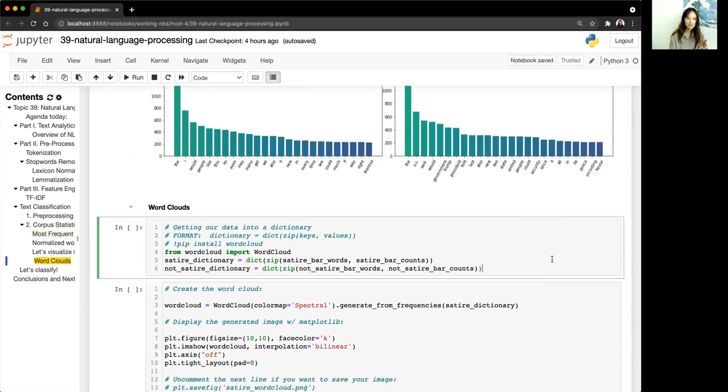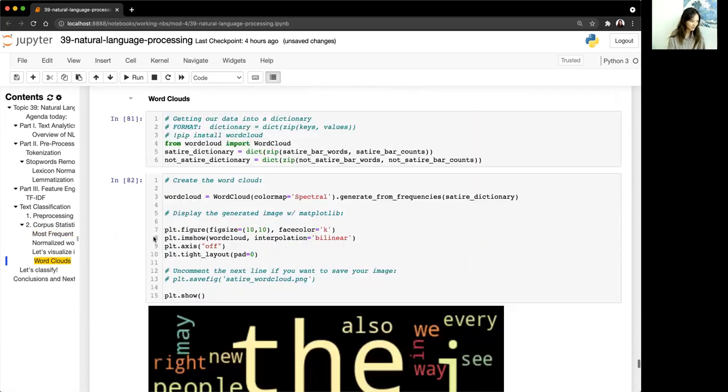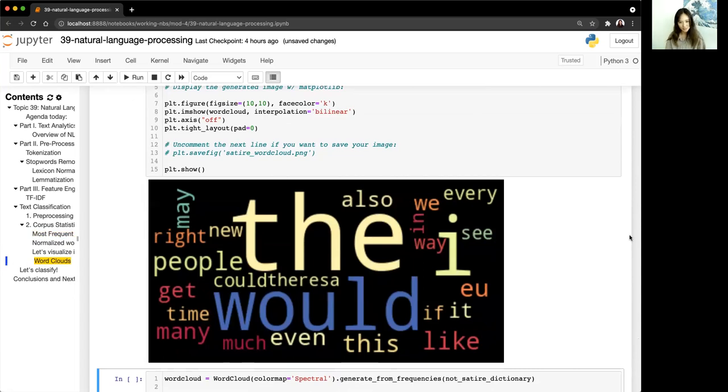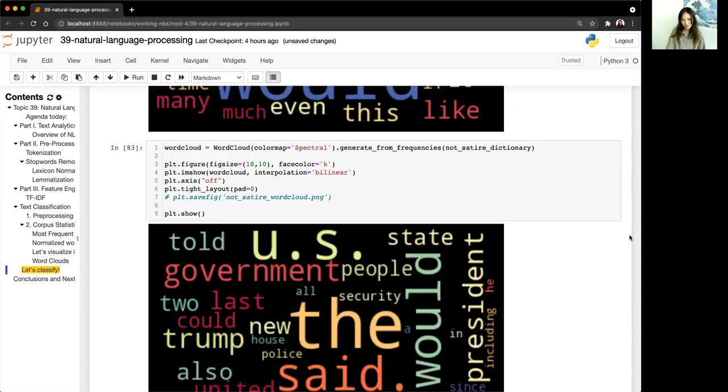Another very common EDA for text data or anything NLP is word clouds. However, I will say that word clouds are more useful for a presentation. You don't want that to be your only EDA in your technical notebook, because word clouds just look like this. It's not very quantitative. Really good for a presentation because it's a very visual way of representing your word frequencies, but please don't let this be your only visualization. But word clouds are highly customizable as well. The word cloud library, and there are a lot of good word cloud examples that you can find online.